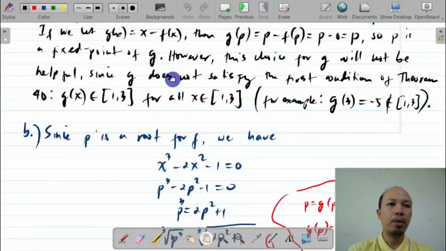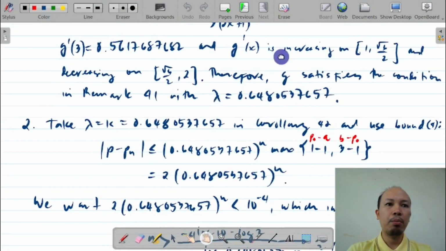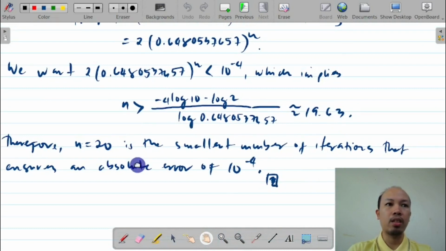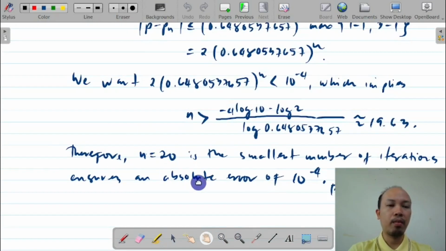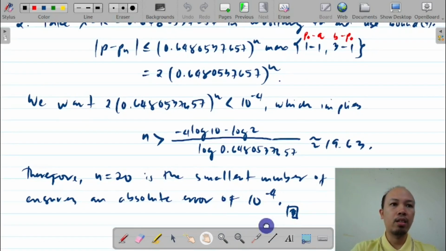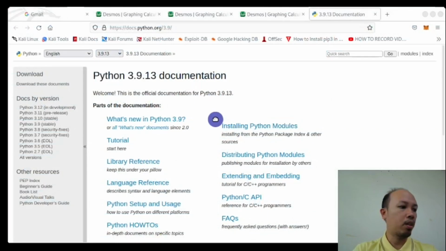For our open board, we compute our n to be 20, which is closer to our calculation. In the Python, we compute n is equal to 19. Okay, so we are close. So let's go now to our